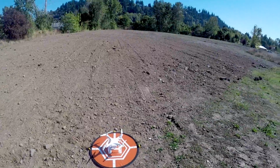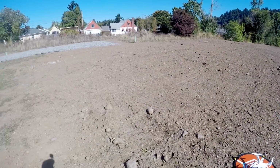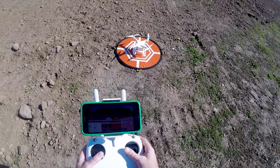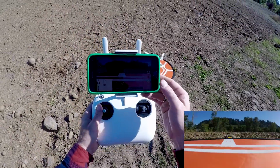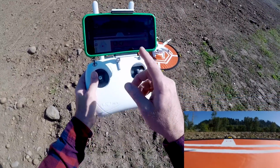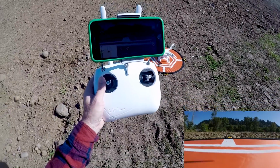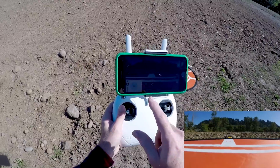So I'm going to check around, make sure I got plenty of wide open space here. Nobody's around. I'm going to go ahead and arm my motors, down into the center, just like that, and I'll start recording video. Some kind of Chinese pops up on the middle of the screen. It doesn't have time code, which I would kind of like if it had time code on the screen, but you do see a little square. That means you're recording. So we'll go ahead and do the auto takeoff,